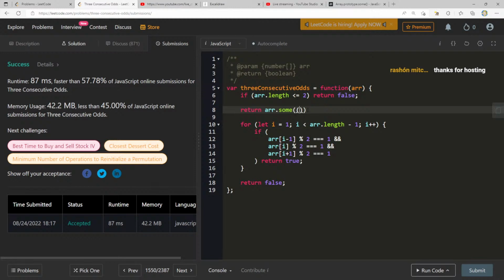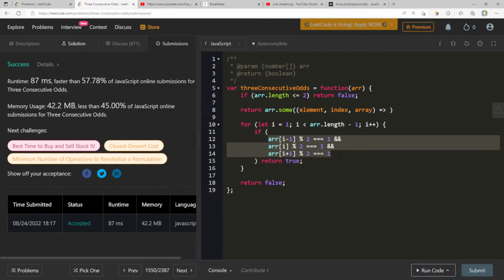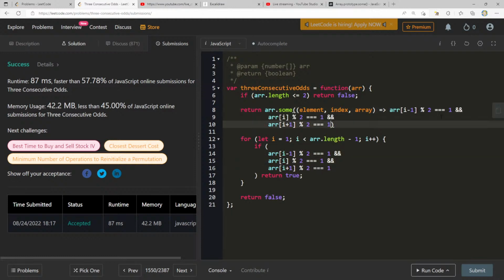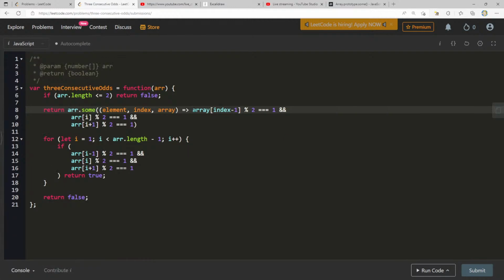So we have element, index, and the original array. So I think with this, I can just essentially return this. And don't worry, I will format it. I know it looks crazy right now. And instead of here, we'll have to do index here if I want to do it the exact same way.